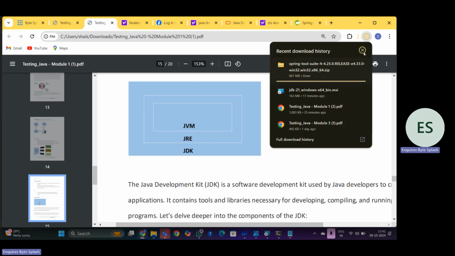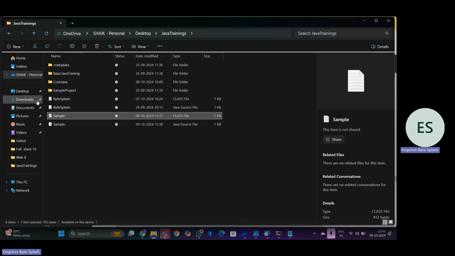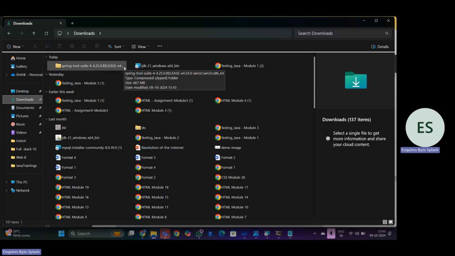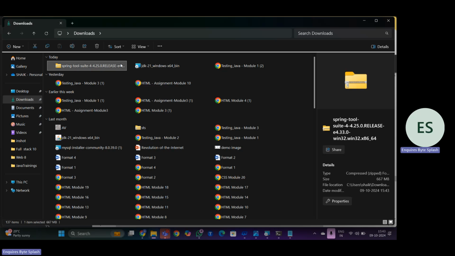So it is being downloaded. Okay. So go to the downloads. Here you are having Spring Tool Suite and so on. See, this is in the zip file format, right? The path is